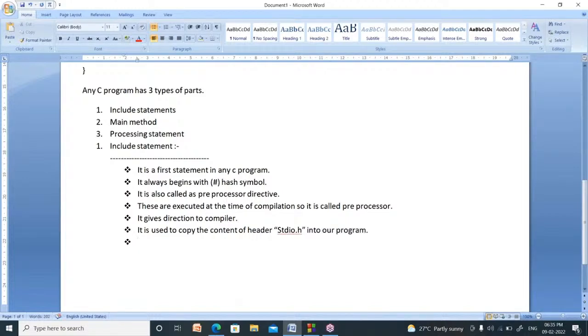Then we can use the tools of stdio.h, like the printf function and scanf function. A lot of functions are there in stdio.h. Those can be used in our program, and we can build our applications easily.